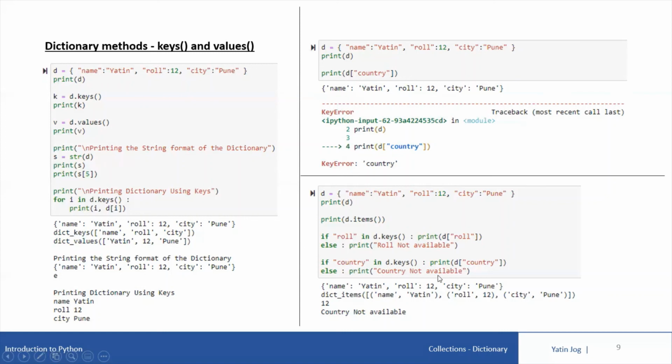But in this way, if you handle this problem with an if condition, even if country as a key is not present in my dictionary object D, we are just giving a specific message, country not available, and the rest of the 100 lines will be executed. So the execution will resume. So that is how it is important to handle the possible exceptions or errors which can occur in your code execution. So this is how you can use keys method and values method.